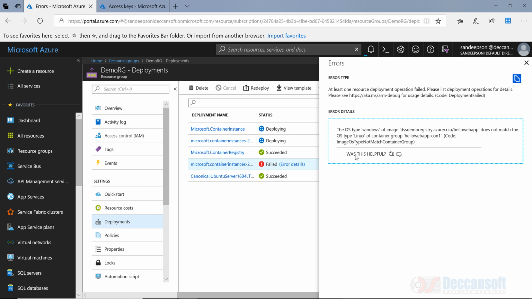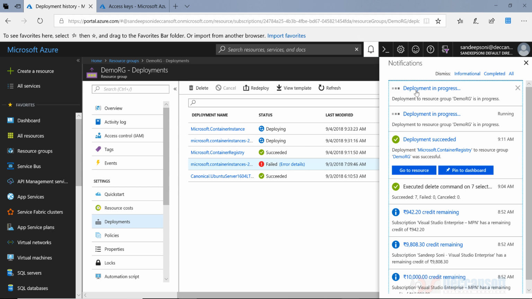Even you might get something like this. So whenever container instance creation fails, it does not show the detailed error message here. So mind you, in such case go to the relevant resource group and in resource group, deployments will show you the proper error message. Go there and figure out what the problem is. Now my issue is my container instance of Hello Web App is not going to be that useful. But even before that,